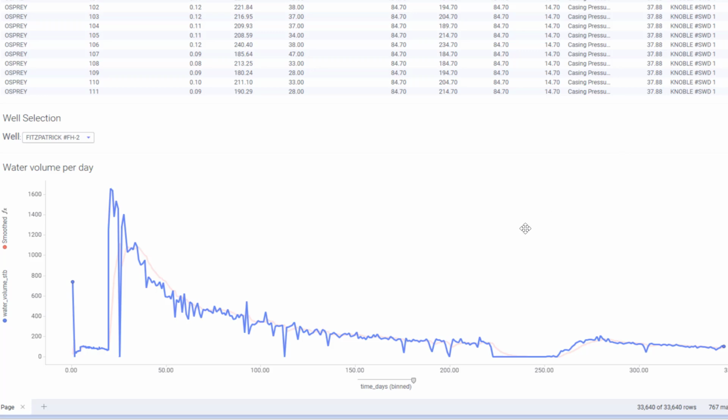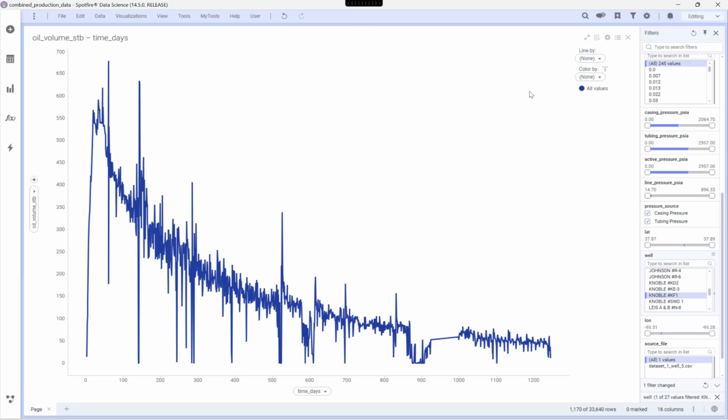But watch what happens when I apply the time series smoothing function. Suddenly, the chaotic line transforms into something much more interpretable. You can clearly see the underlying trend emerging, even with all that initial noise. Pretty cool, right? Now let's dive in and I'll show you step by step how you can smooth any time series data in